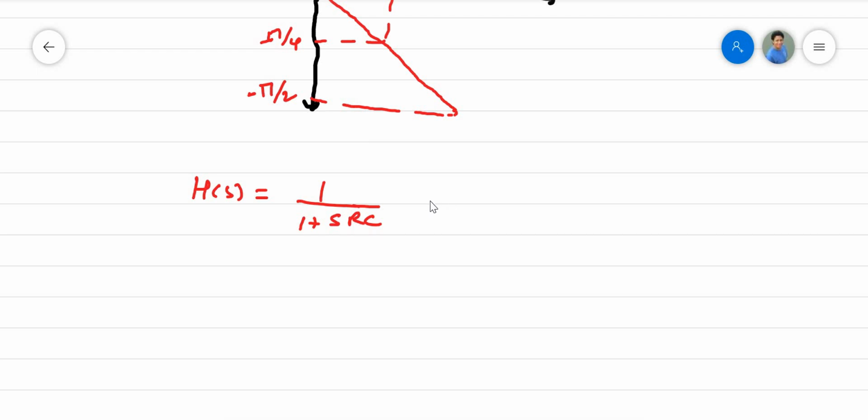So we can write it like this: taking 1 by RC common, it will be 1 over (1 by RC plus s). Now we want to find the value of h(t). For that we have to find the